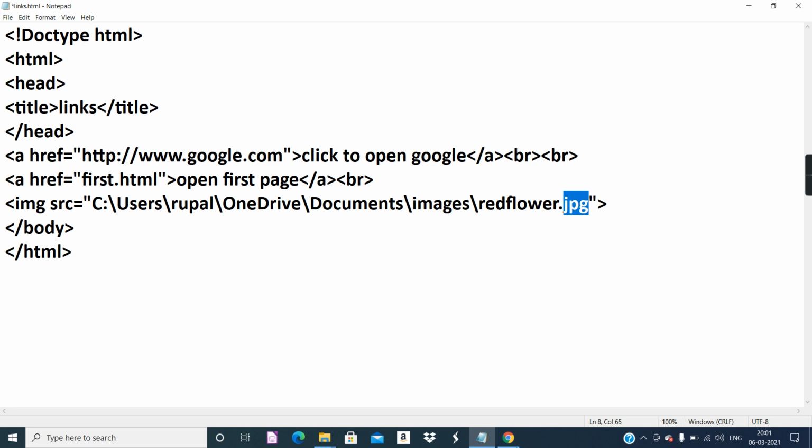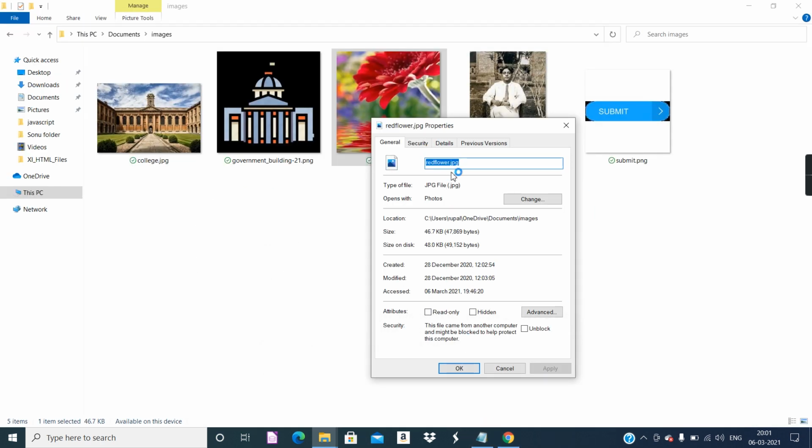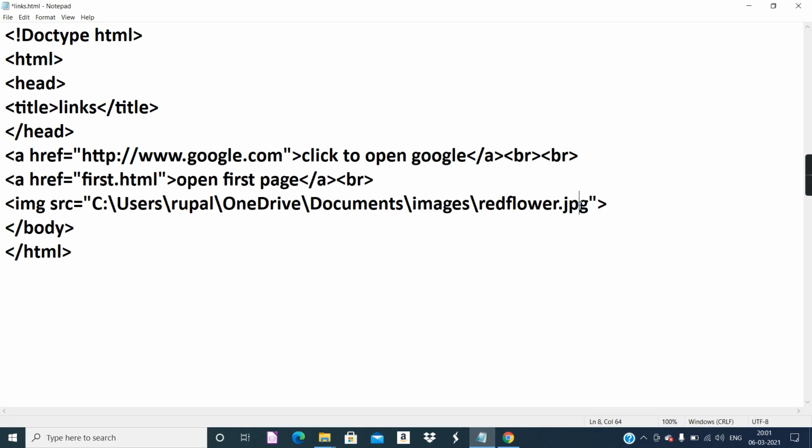If it is not available in some properties, I have seen in some computers, this .jpg extension of the image is not available. So you can see from here the second detail, JPG file, in the bracket .jpg is given. You can see from here and type it separately. But you must inform the browser, that means you are giving this complete location.